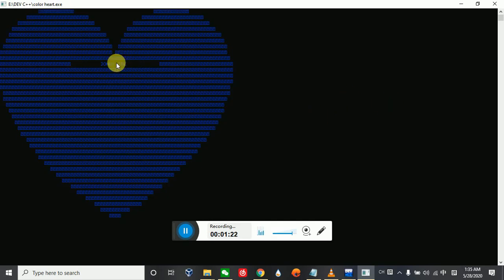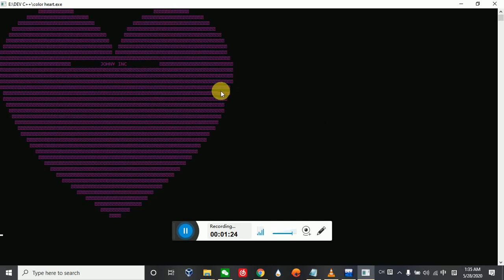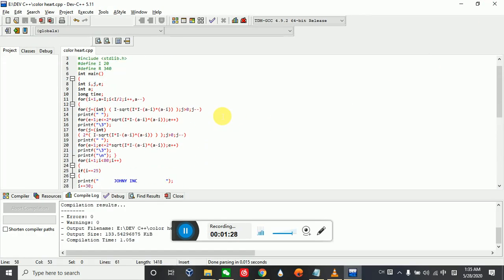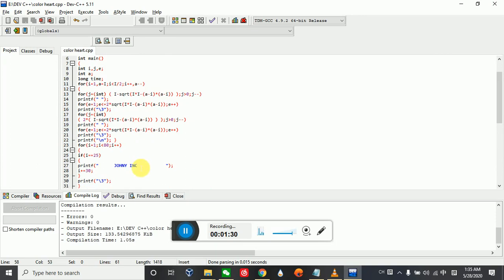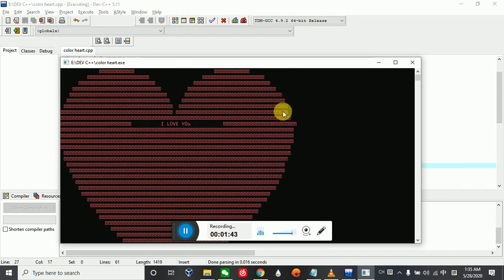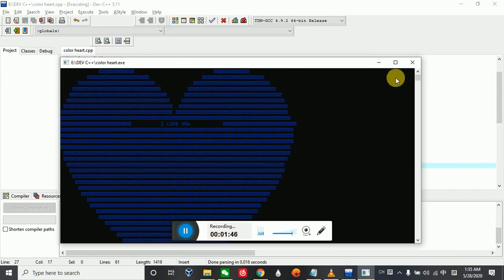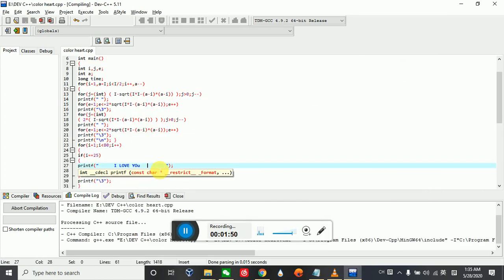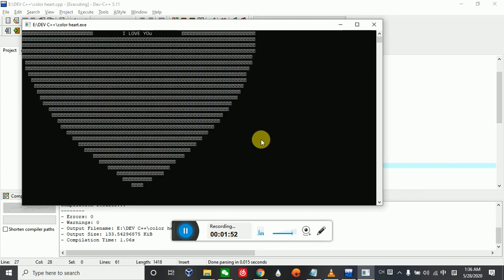You can also change the name over here. I'm using this, but you can also use some different names, for example, I love you, and run the code. Maybe you need to change some spaces over here, as you can see this spot, so just adjust some spaces. Yeah, it's okay,